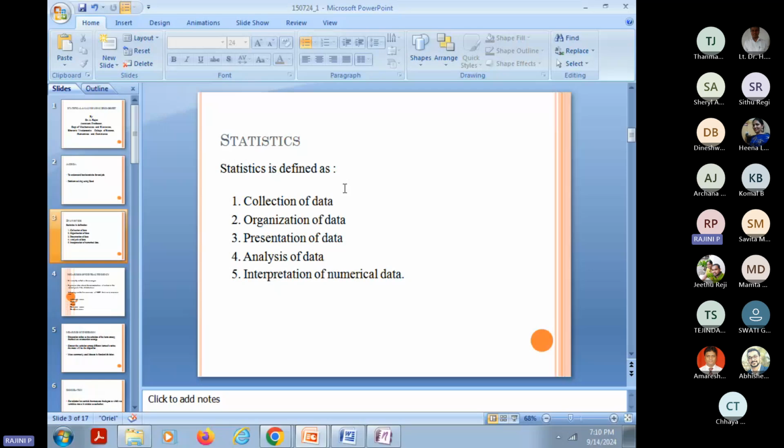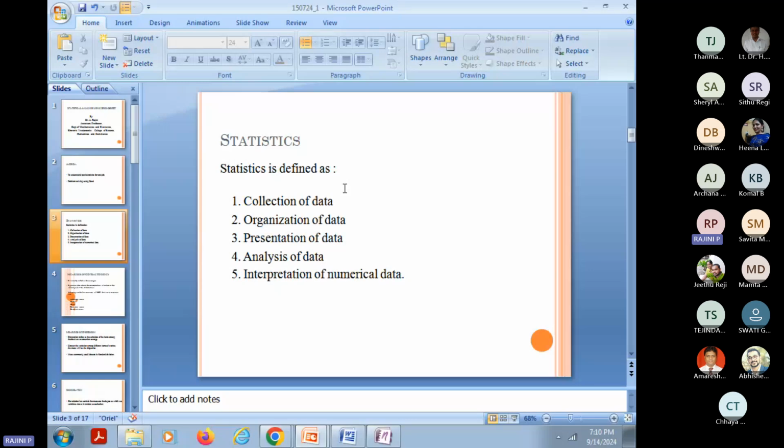Then after that, we go for analyzing the data. In analysis, we apply particular statistical techniques, and then we get a result. In the result you will get so many values. Once you have applied your data in Python programming, or in Excel, or in R programming, then after applying the statistical technique, so many values will be displayed on the screen.